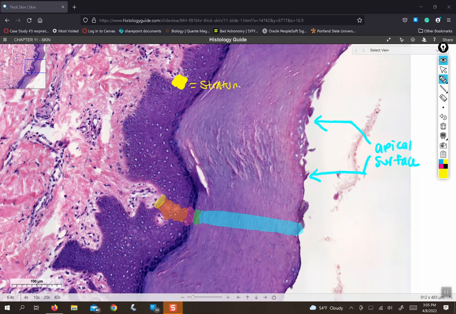stratum basale, also sometimes called the stratum germinativum. Let me write that end better so you can actually see. That's a V, this is a U, that's an M. All right, so next up, we've got